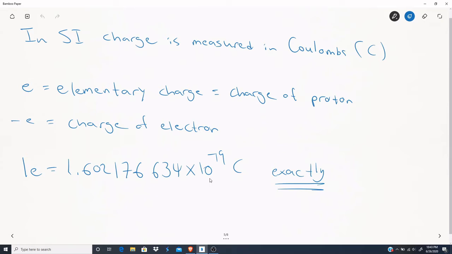So if we stipulate that the elementary charge is 1.602176634 times 10 to the negative 19 coulombs, then that tells us what a coulomb is, because if we can figure out how many charges we have, and then use this definition to figure out how many coulombs that will be. And because of how insanely precise this number is,